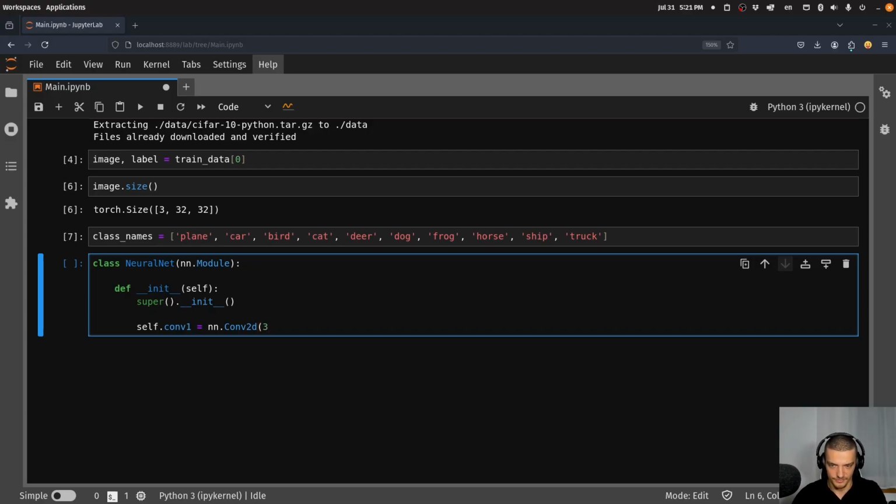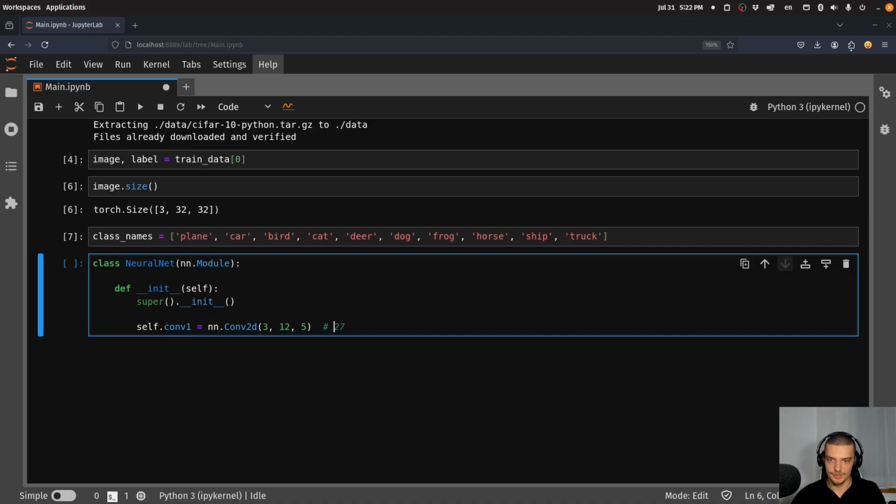So we have 3 input channels. This is defined by the shape of our data. And we want to produce a certain number of feature maps. Now let's just go with 12 in this case. And our kernel will have 5 times 5 as a size. So in this case, we have 5 times 5 as a kernel moving across the image and producing 12 feature maps as a result. Now, what happens here is that we get a new shape. So the calculation here is that we have our input size minus the kernel size. So we have 32 minus 5, which leads to